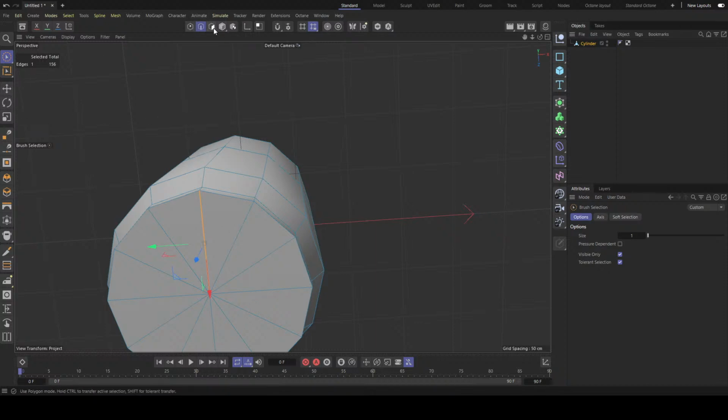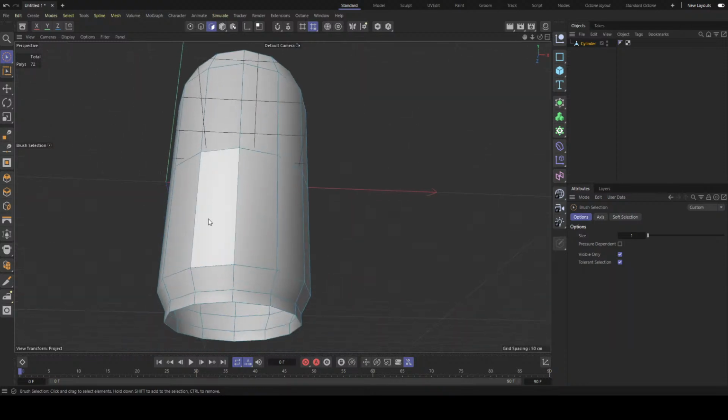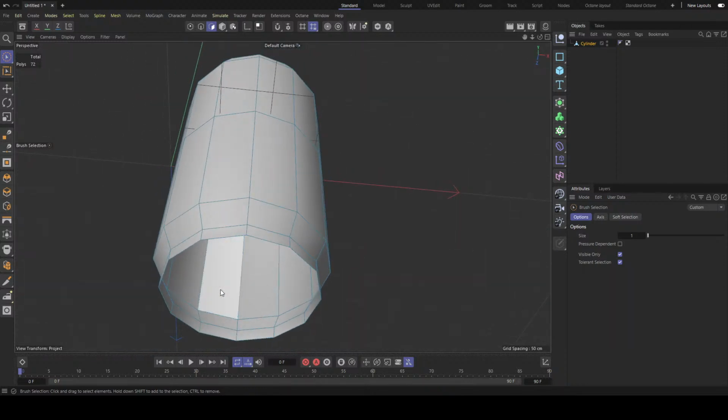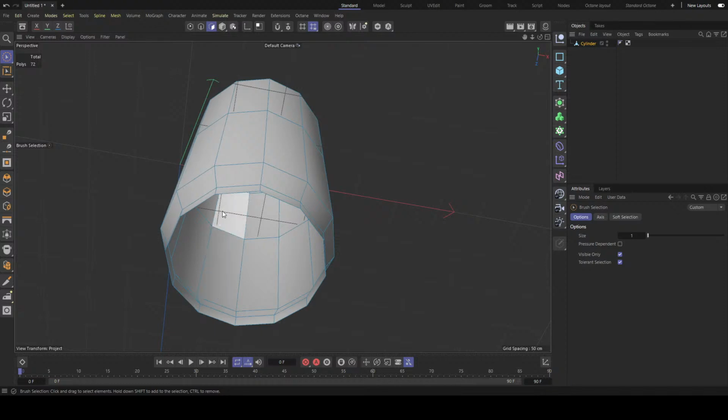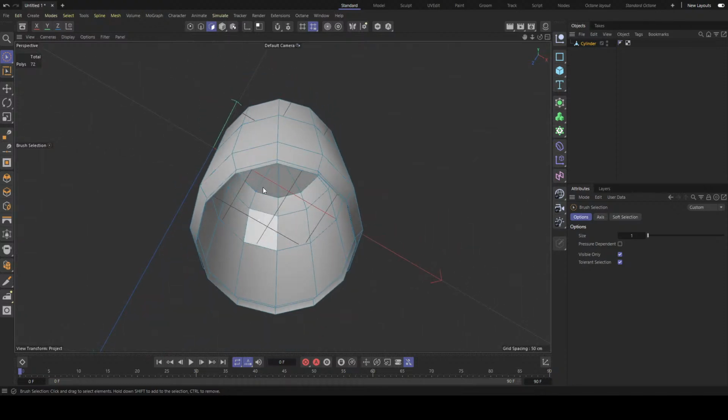Now for me to do that, I'm going to select all of these guys, and I'm going to delete it, right? So now I select all of them, I hit delete. Sorry about that. So I've deleted this place and it's an open polygon right now. Of course we don't want to leave this open, so what I want to do is to